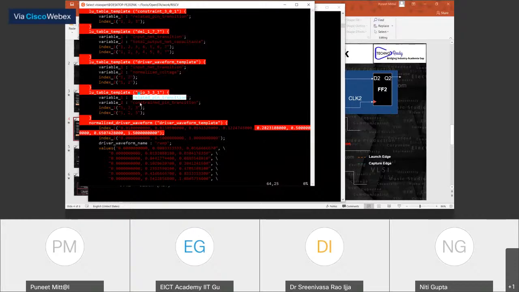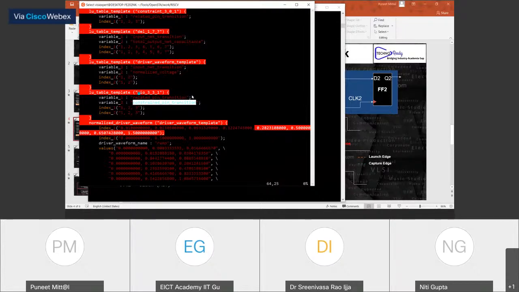Second variable is constraint pin transition. What is the constraint pin? D is a constraint pin. That means we are talking about the signal which is present at the D pin, the transition of that particular signal. So that means the setup time and the hold time have a dependency over two factors. One is the transition time of clock and the other is the transition time of a signal at the D pin.